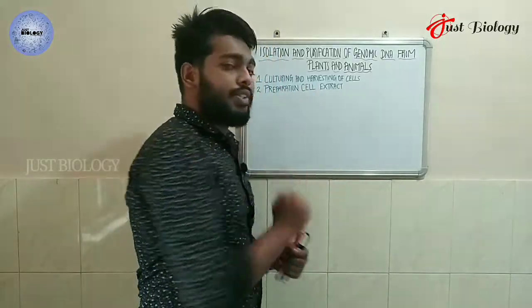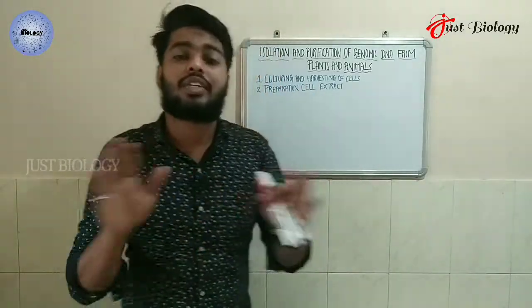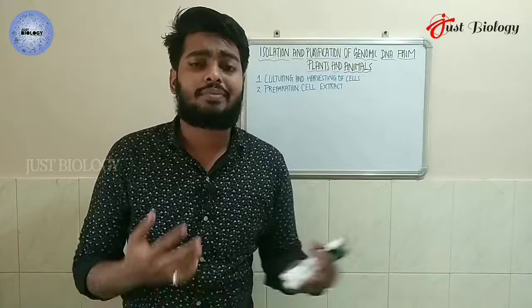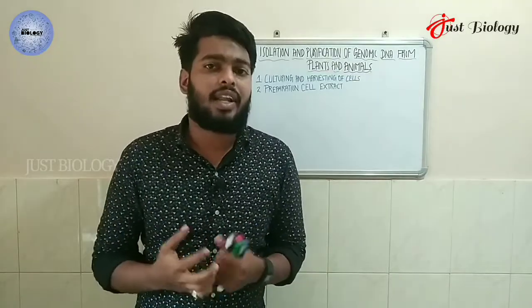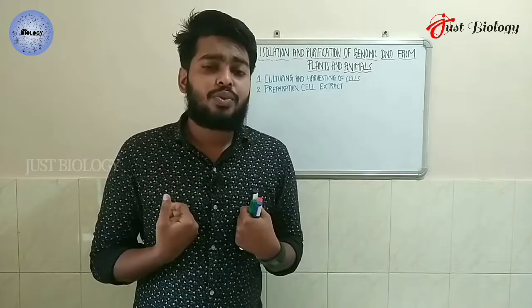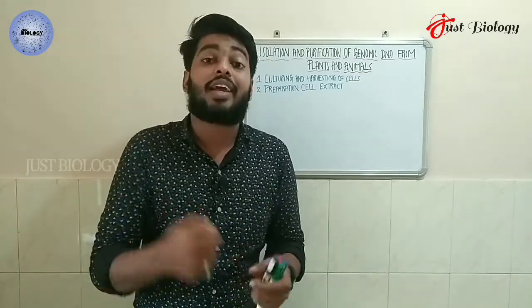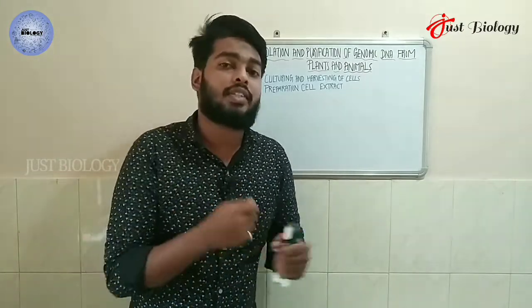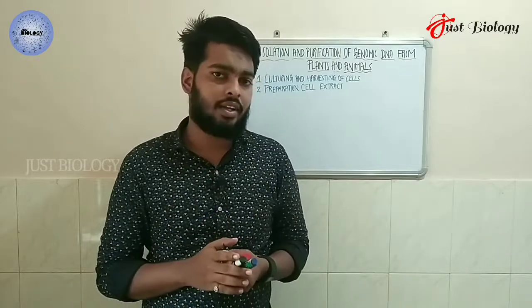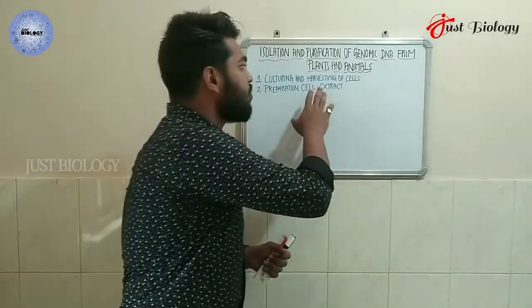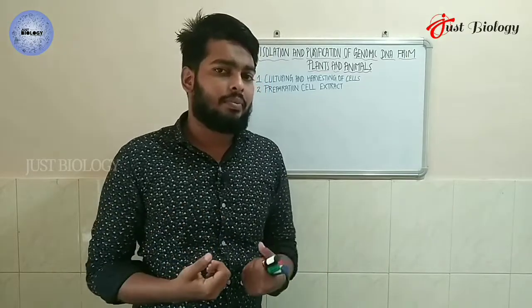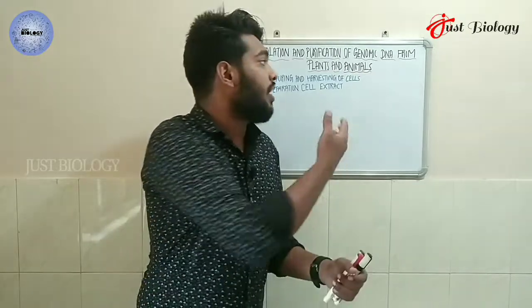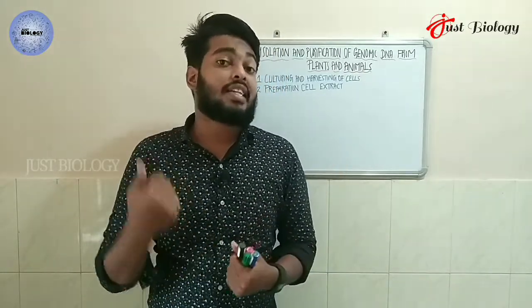The culturing and the harvesting of cell is quite different for all the three types of cells. Let's say if I want to isolate some kind of cells like bacteria, what do I need to do? I have to get the culture from somewhere else, then I have to culture it by either a solid media or liquid media. The same way, if I want to culture plant cells, I have to go again for a suspension or a solid. But if I want to culture animal cells, that is where we will face the difficulties.